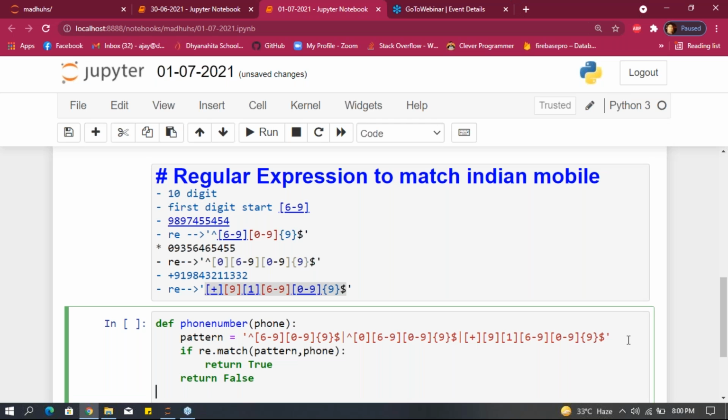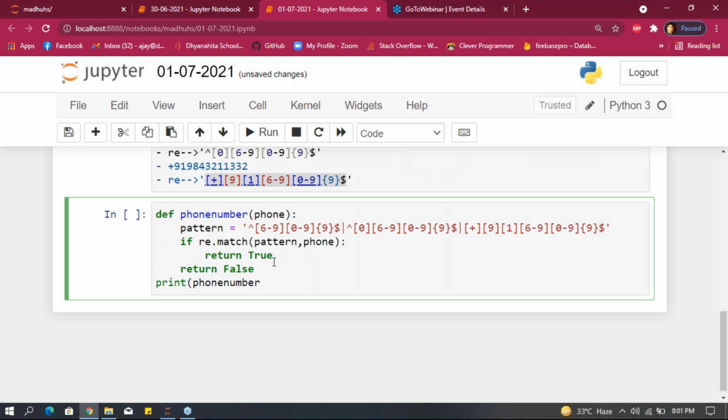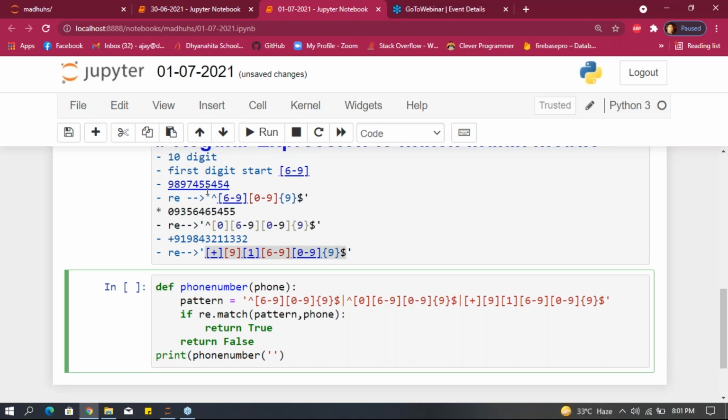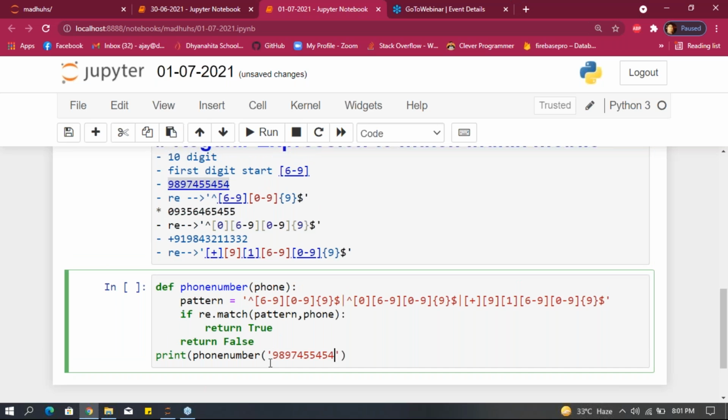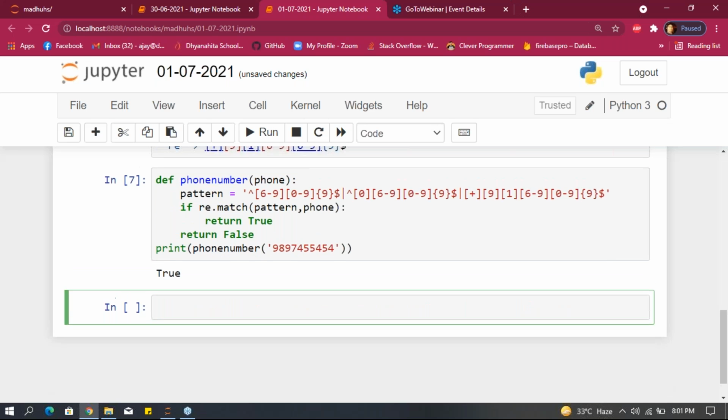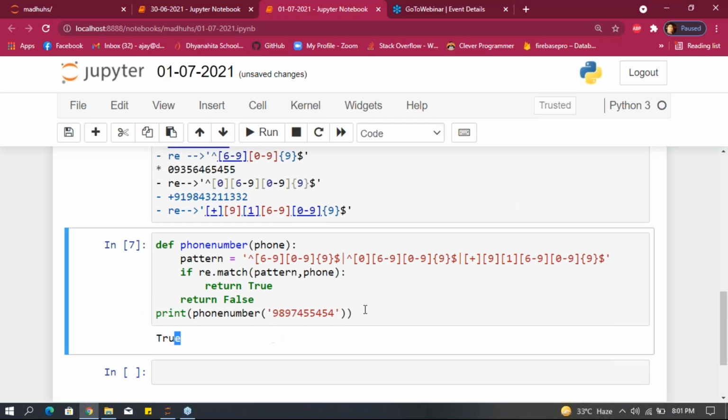After that, print phone number. We are calling that function, guys, and give here input. For example, I'm taking this input. First, we'll check three numbers, whether it's working or not. What I'm getting here: true.